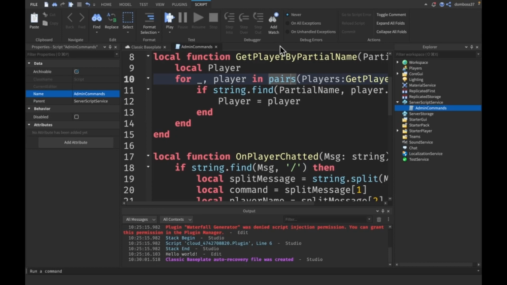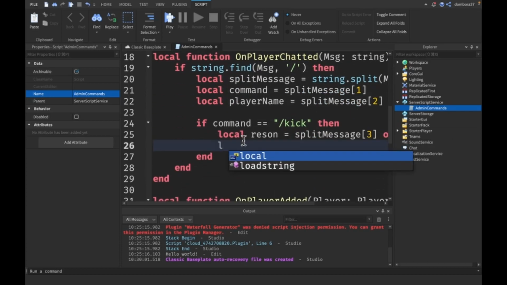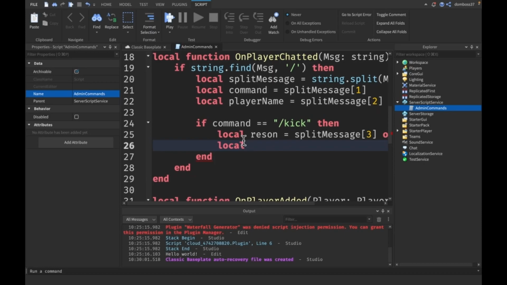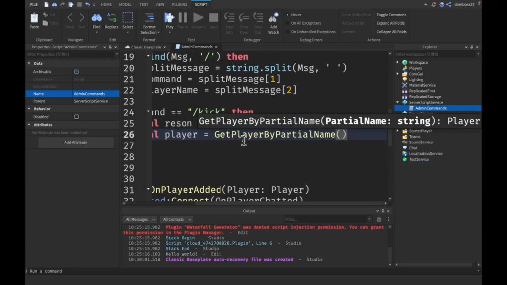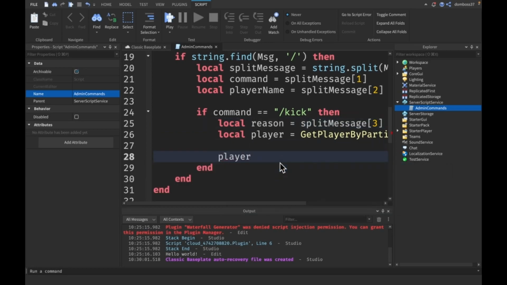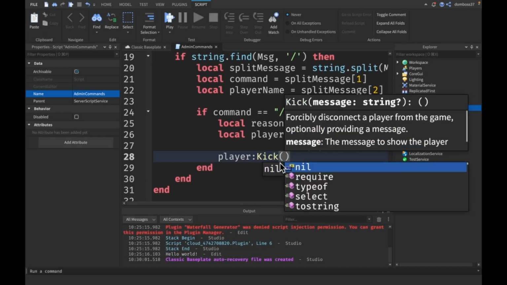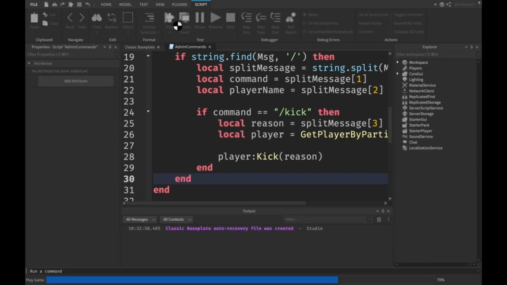You guys can tweak this function to your liking. Anyways, here we just want to return our player. So we'll say local player is going to be equal to our get player by partial name, player name, and this should have an A for reason. Alright, so then basically we just want to do player:Kick, and we want to kick them with our reason. Alright, so if we go ahead and play this,